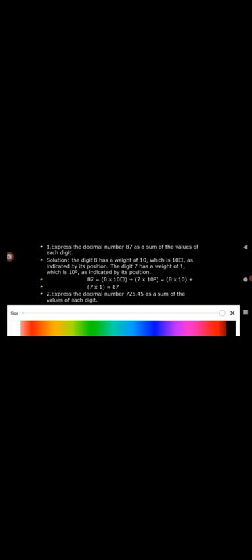The second question is 725.47. Here we have a decimal point. Before the decimal point we have positive powers, and after the decimal point we have negative powers. So 5 into 10 power 0, 2 into 10 power 1, 7 into 10 power 2, plus, after the decimal point, starting from left to right in increasing order, 4 into 10 power minus 1,